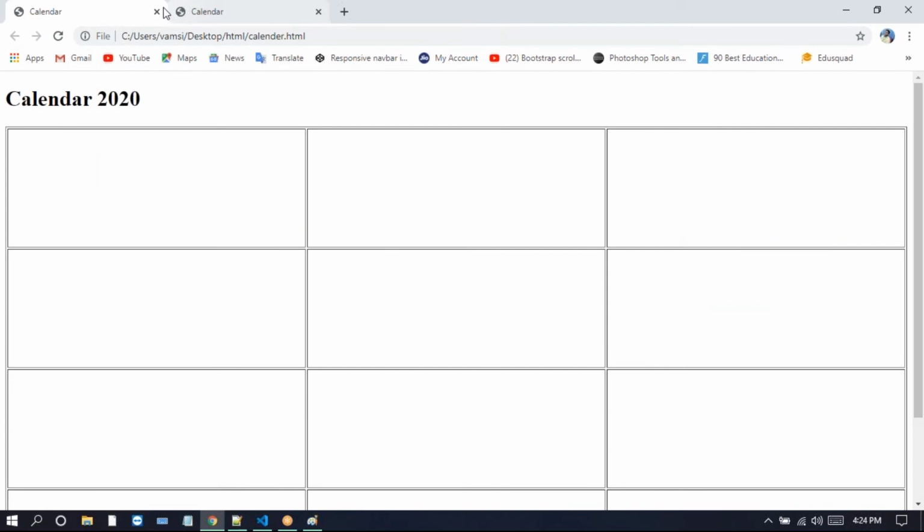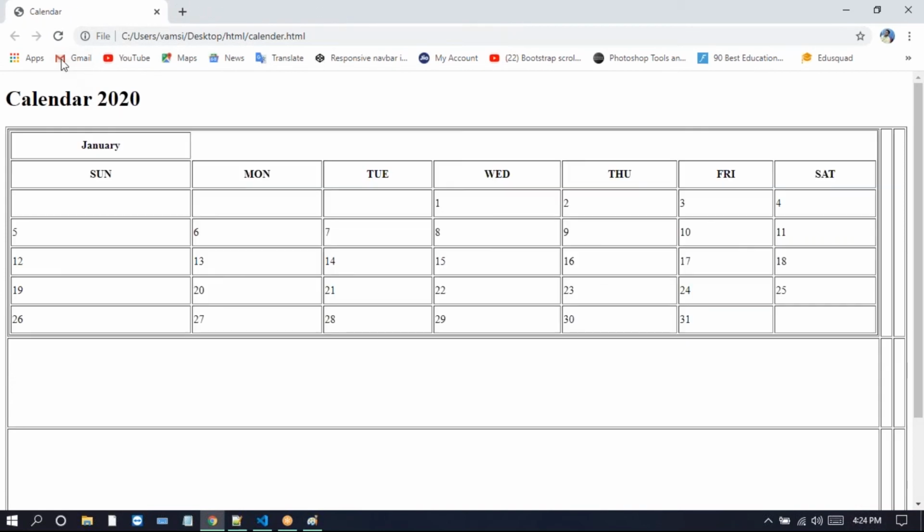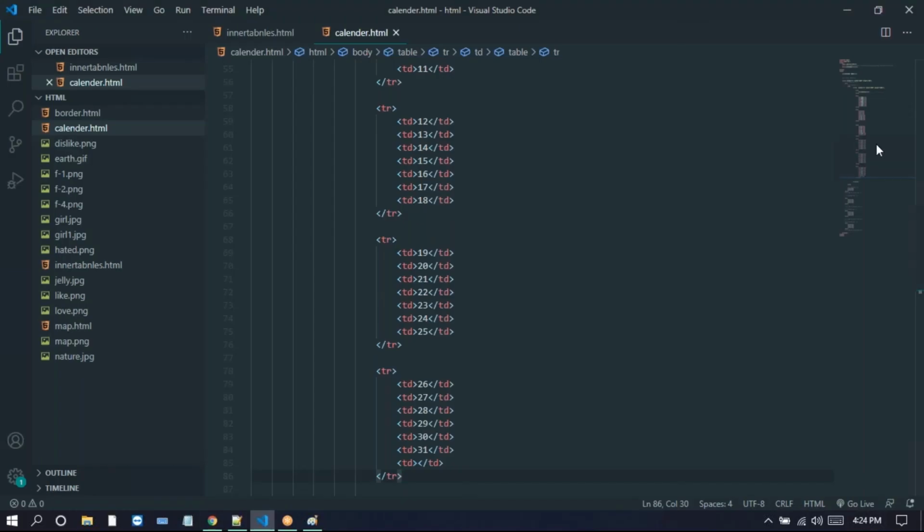They're having only, so it will occupy only one column, right? We need to span across these 7 columns. So for spanning across 7 columns, for this January we just write colspan 7 here.